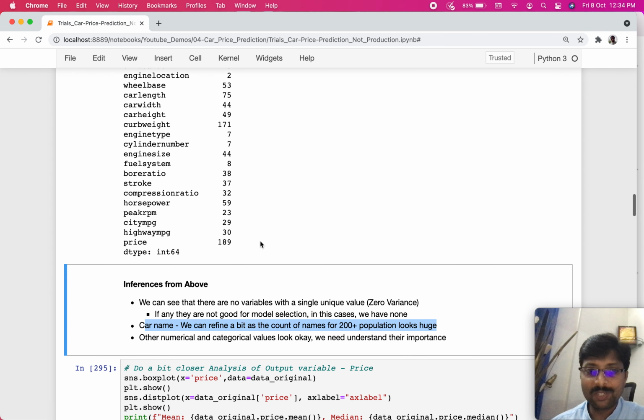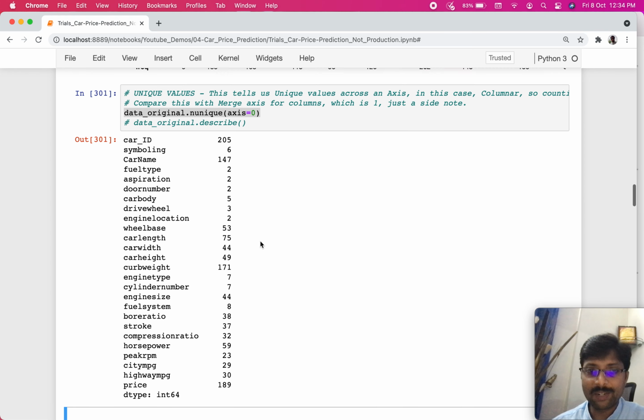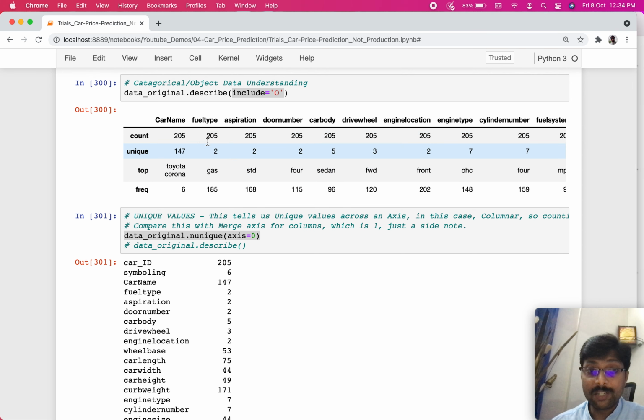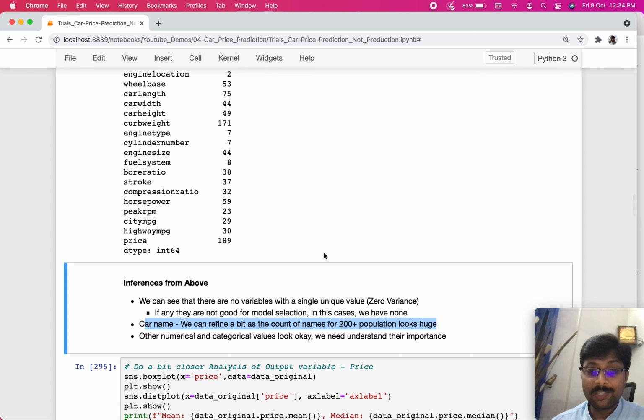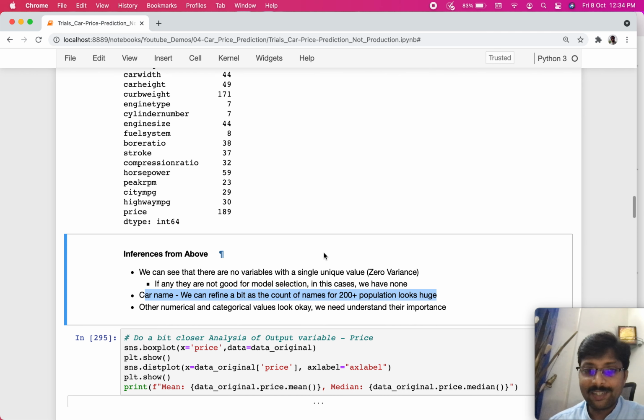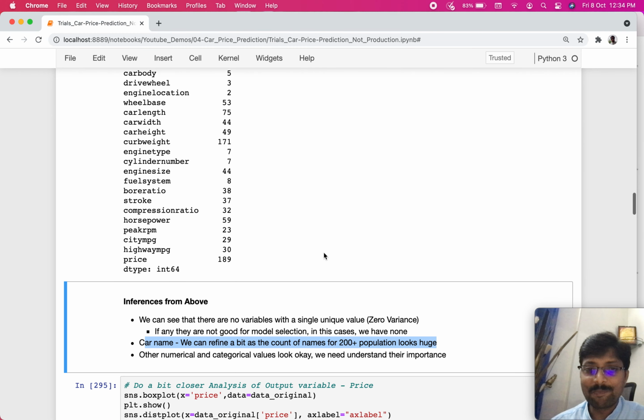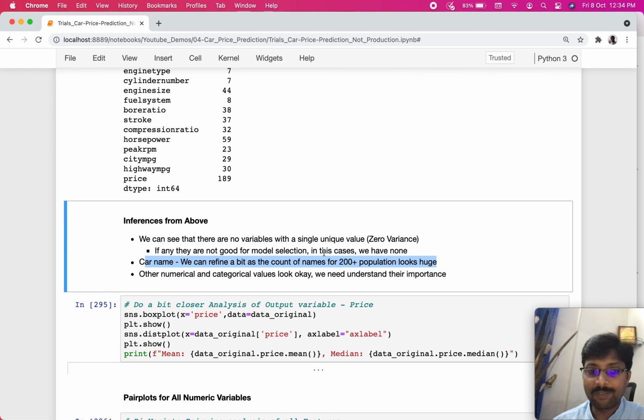At least we will observe how they are spread, what different cardinalities exist for these categorical values, and whether there is anything odd in terms of the data patterns that we are seeing here, so that if there is too much skewness in the data, we might want to treat them or gather more data to make it much more normal in nature, right? So that sort of information is what we would capture as part of analysis, right?